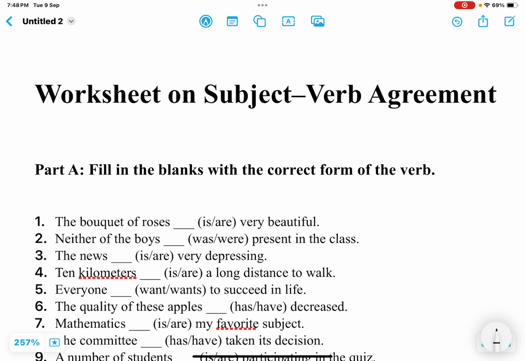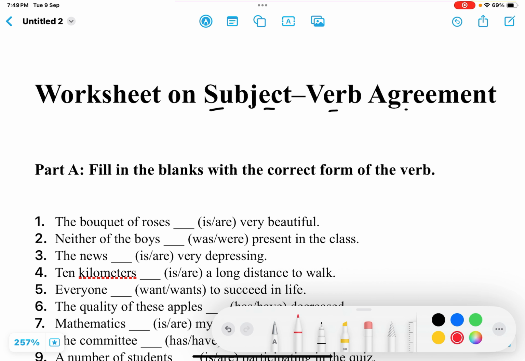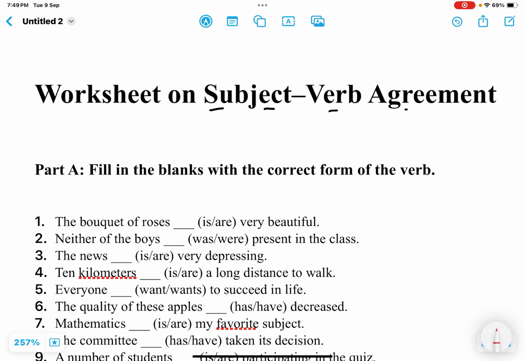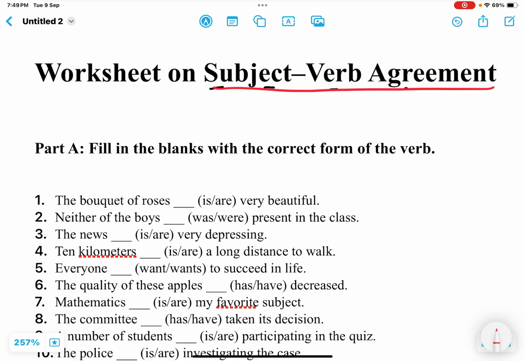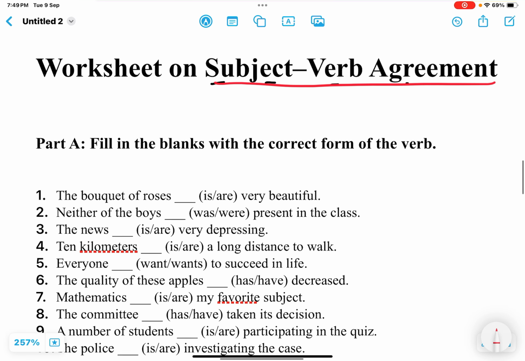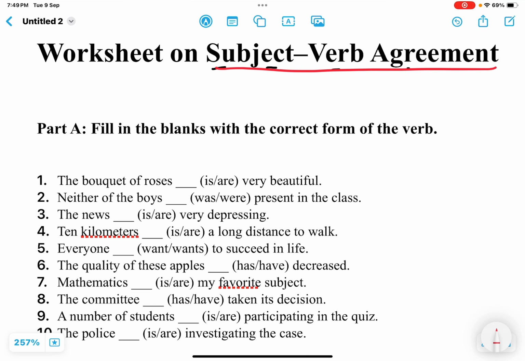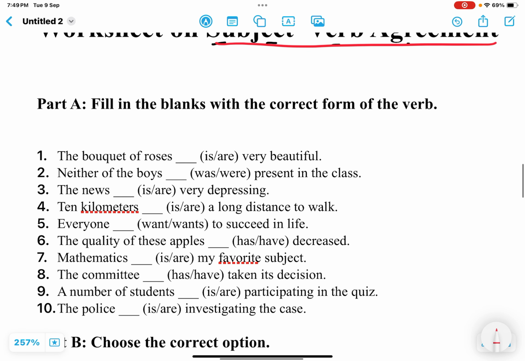Today we are going to practice a very important topic of English grammar, that is subject verb agreement, with the help of 20 questions especially framed for only this topic. Okay, here the level is so easy according to me, but it may be difficult for you. But once we practice these 20 sentences, we will revise the rules, how to identify subject in tricky situations, and then in the next video I will raise the difficulty level. Okay, so let's start this video and try to solve these 20 questions.